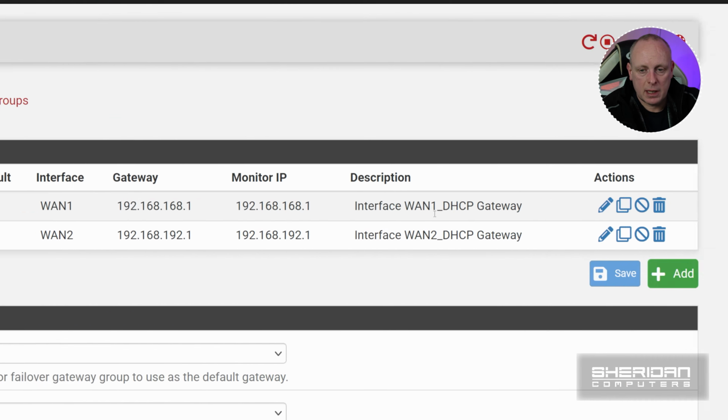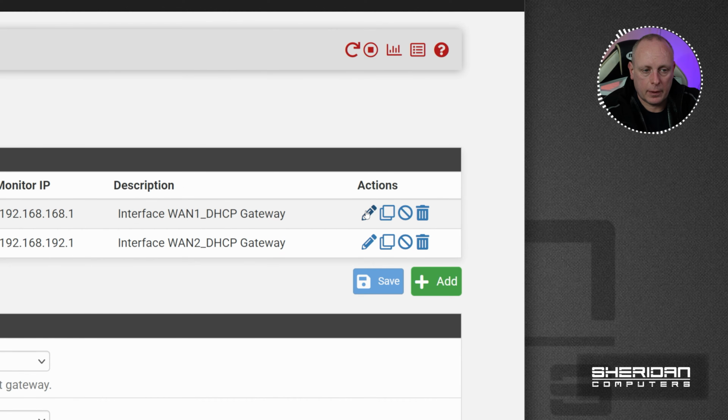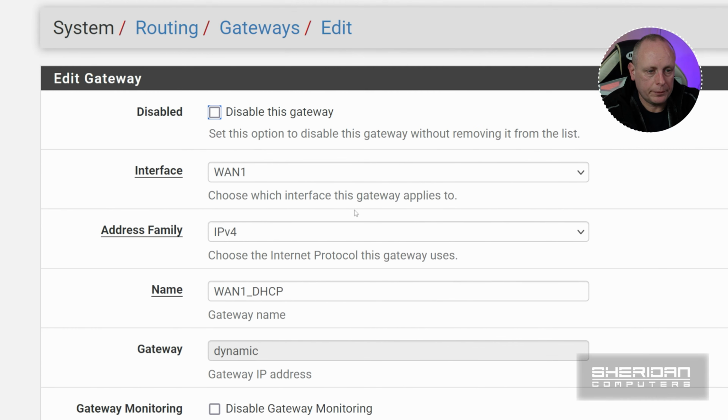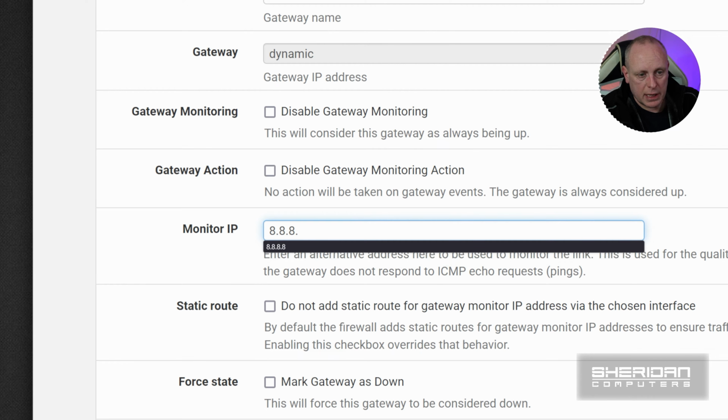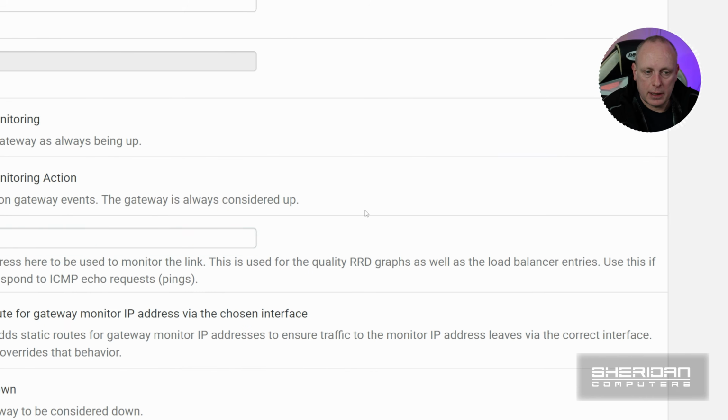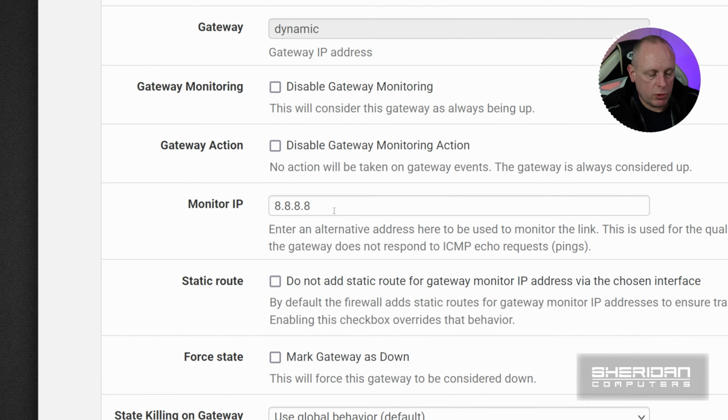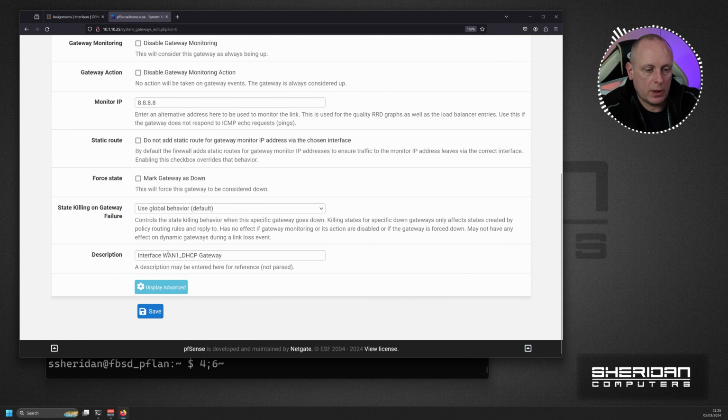So what we need to do is edit the gateway for WAN 1, and then we need to scroll down until we find this monitor IP section here, and in this field we're going to put in 8.8.8.8. Now that's Google's primary DNS. You can use any reachable address you want, but we'll use Google's primary DNS server, and then we'll go ahead and save that,